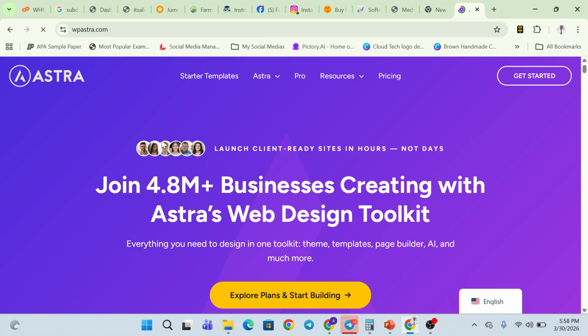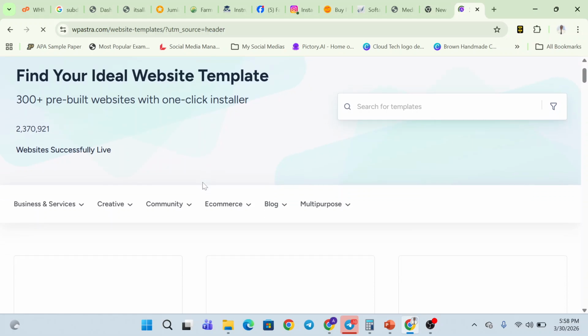You can see I logged into it now. I will go to starter templates. Once it's finished loading, still loading. So once I go to starter templates, I will go and explore. They have thousands of templates. Once you click on starter templates, it's going to load and show you the templates that are